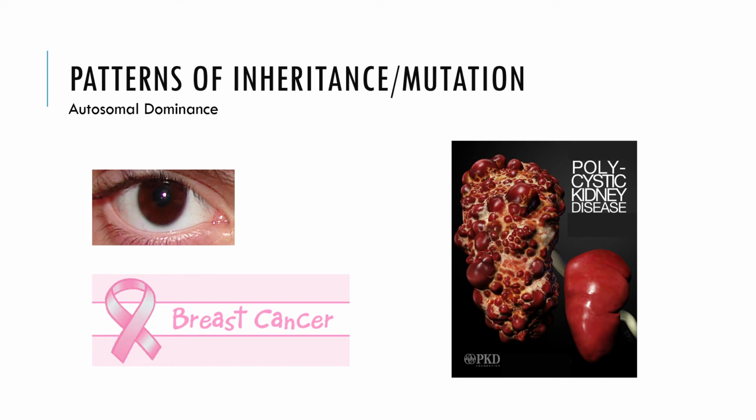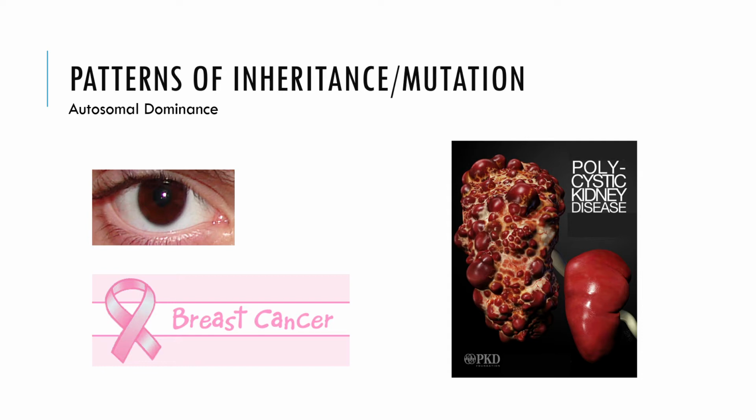So patterns of inheritance or mutation, or how things happen, right? So let's think of, in this case, autosomal dominance. And you need to remember what autosomal dominance is. Males and females will be affected equally. And they are more common and usually not as severe as recessive disorders. So recessive disorders, remember, can be more severe than autosomal dominance. And also autosomal dominance has variable expression,